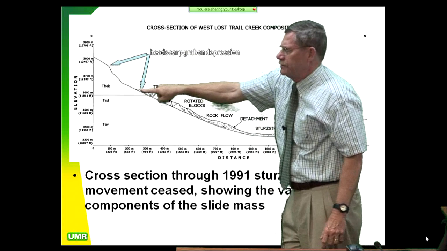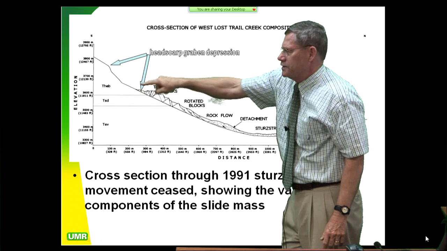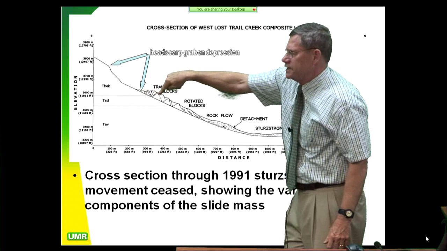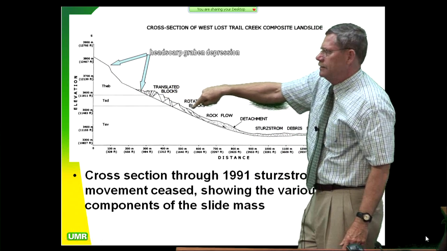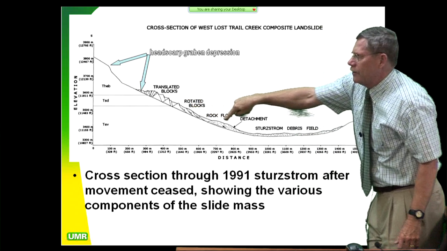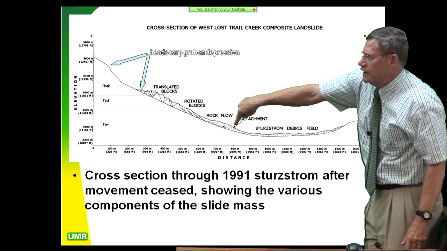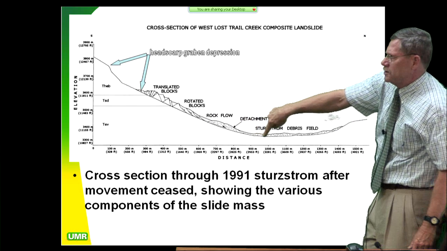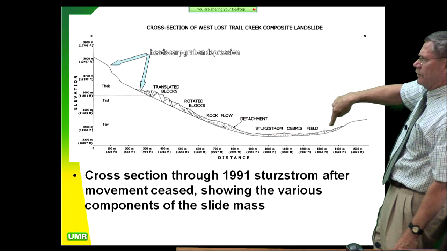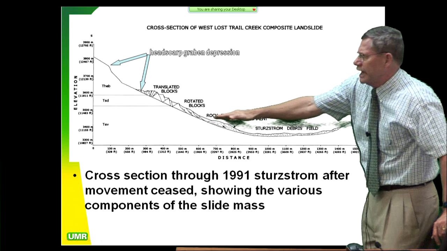So it moved something like 1,000 feet. These are the translated blocks coming down. I got a rock flow deposit here, and then I have a point of detachment here where the Sturtstrom went reeling out over here. So the Sturtstrom didn't really have much